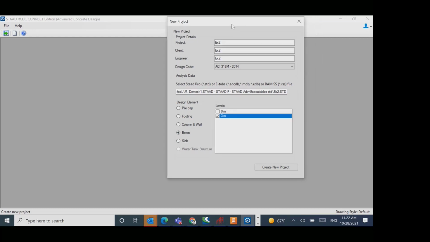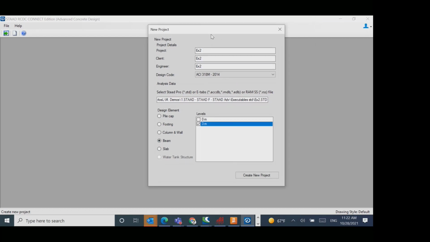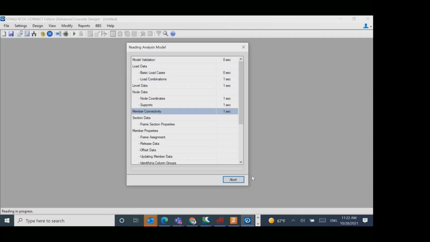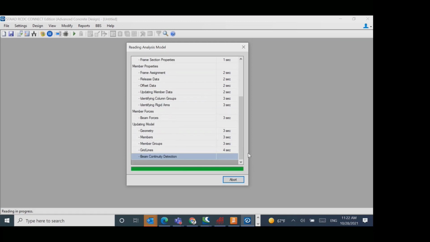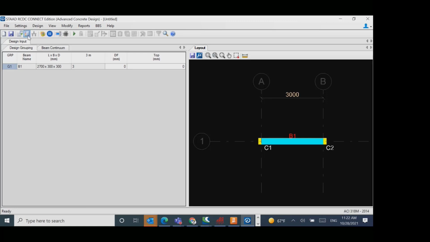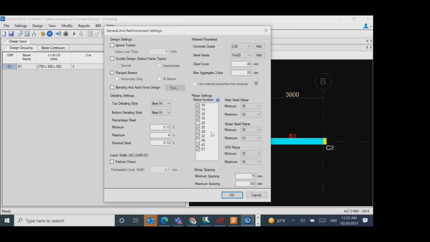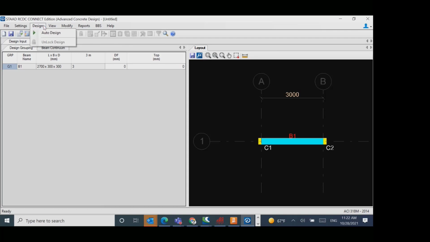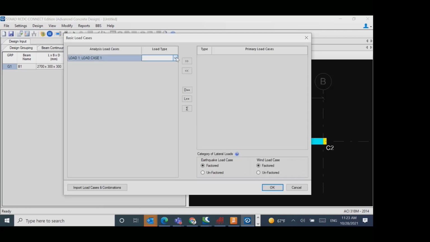In that example, I will create for a beam, just to explain how is the general workflow, and to do it more quick, more fast. But here, applicable for walls, applicable for columns, applicable for pile caps, you define the parameters, okay? Minimum rebar, maximum rebar, other parameters also. To do the design, in this case, called